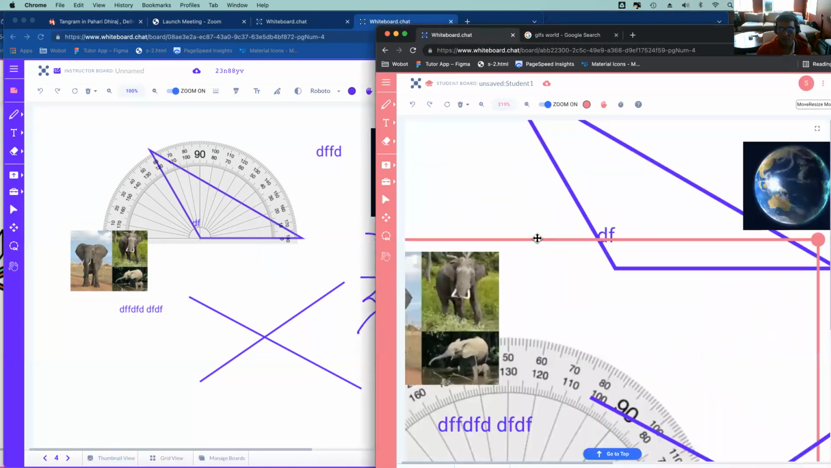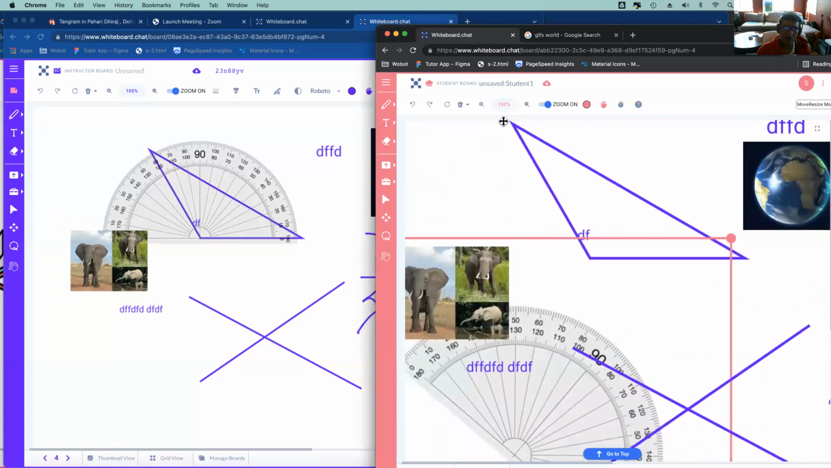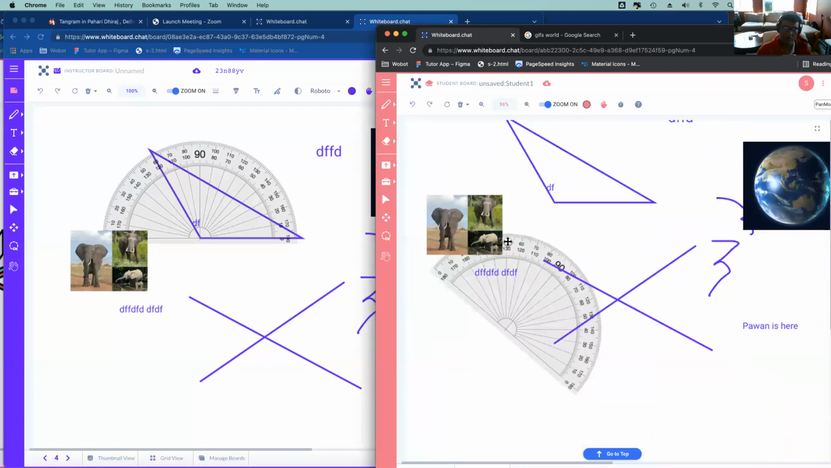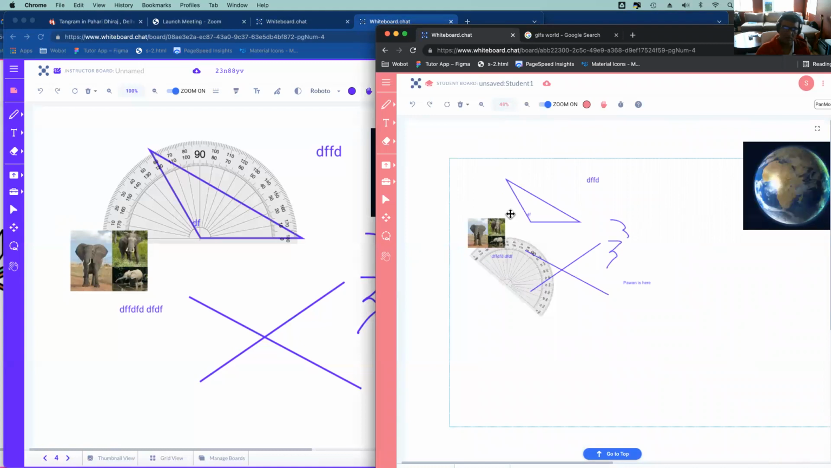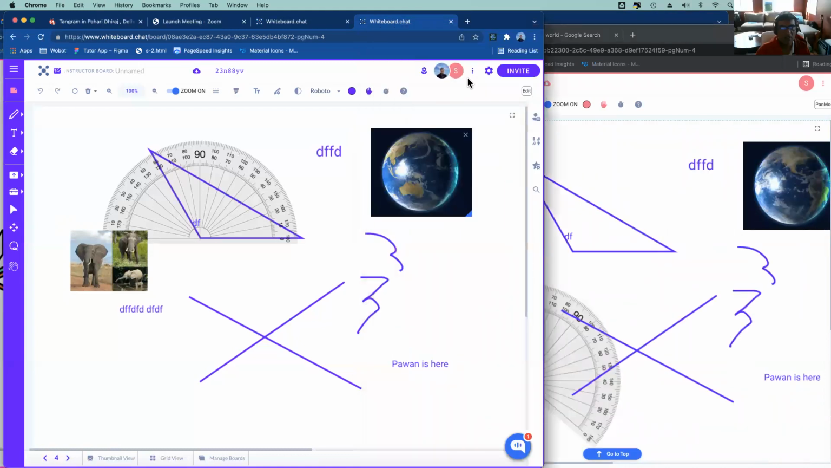You can use the two-finger gesture. It depends on which device they are on. You can use the zoom tools here. There's also this pan tool that you can use to move around and zoom in and out. And another thing, if the students are using a small screen device like a mobile device,